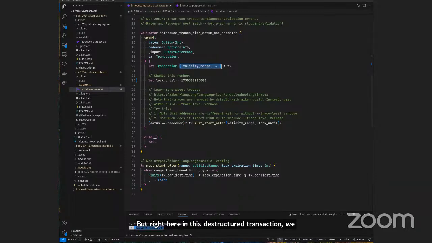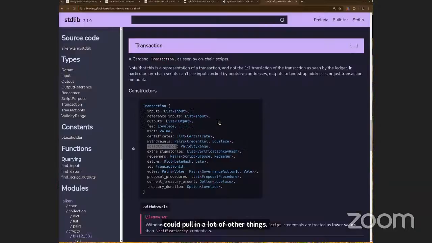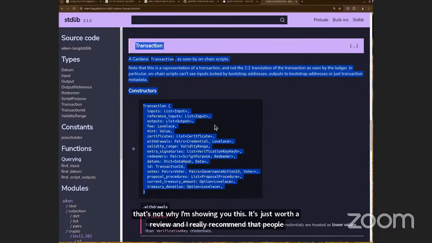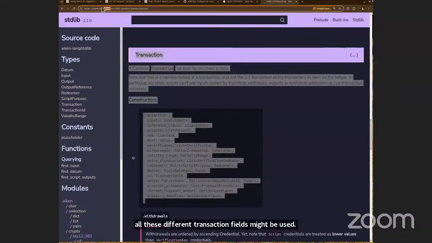But that's not why I'm showing you this. It's just worth a review. And I really recommend that people read this a few times. As you start to build, it gets really exciting to think about how all these different transaction fields might be used. But the other thing I just scrolled past on this page, I'll drop this link in the chat as well,